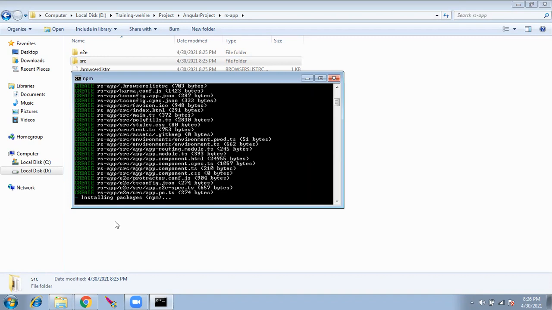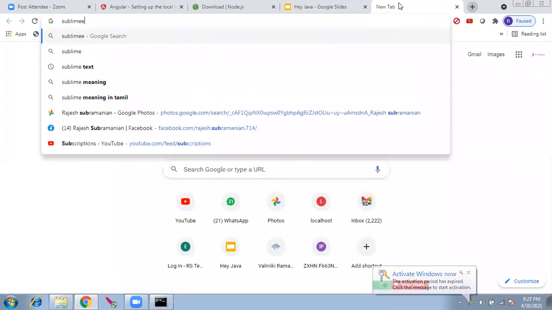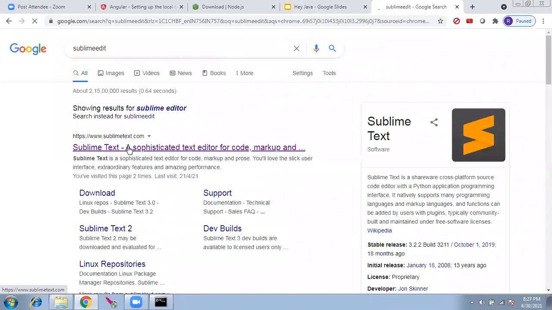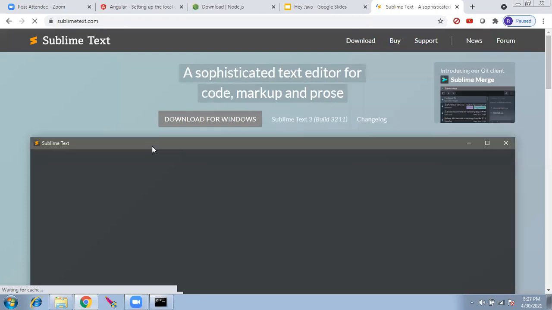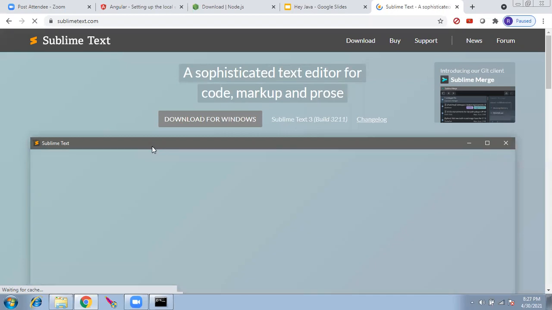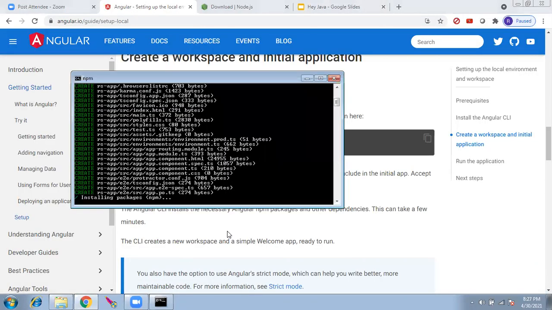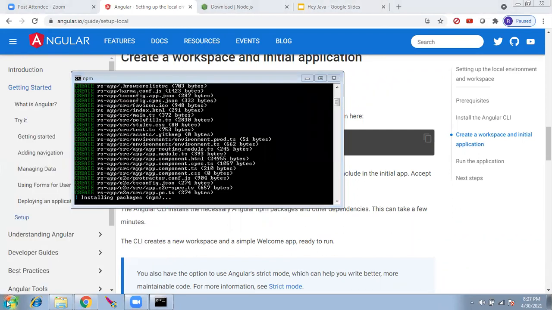In the meantime, did I mention about Sublime Editor in one of the classes? Sublime Text is an editor using which you can write code. During the CSS class and HTML class I mentioned this. I downloaded and I showed you. Let me open up the Sublime editor, Sublime Text.